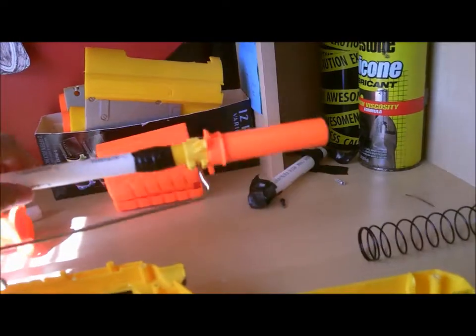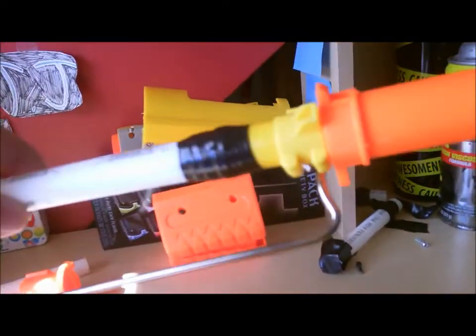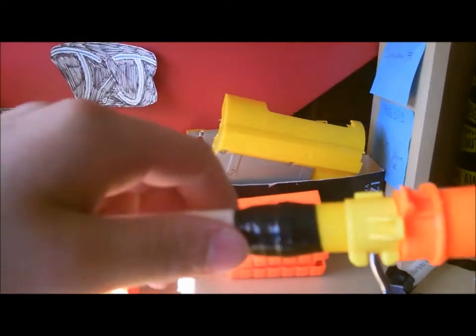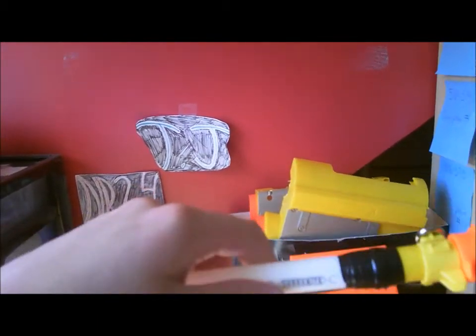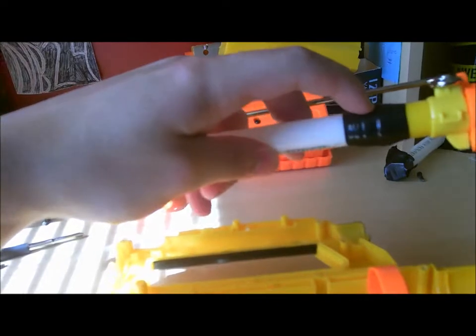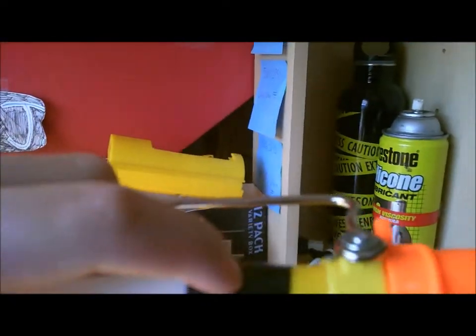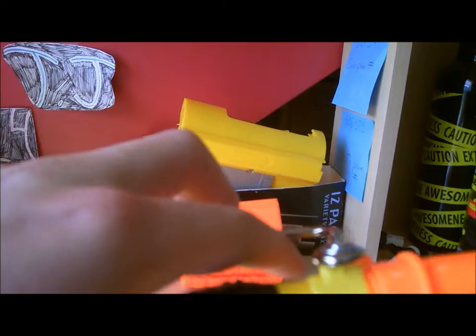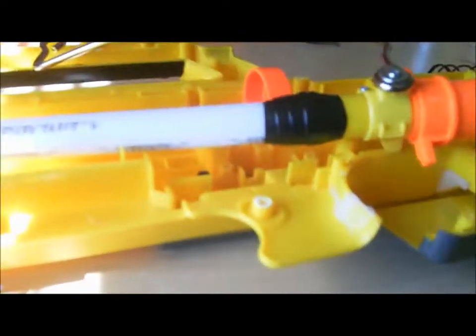and I'm going to show you how to do the mod. Okay, so once you have all the internals out, you want to get the main tube here, and you want to hold it up to the light so you can see inside it, and you can see where the air restrictors and stuff are for it. And they should be way back here is where you want to cut it. I have a nice pair of pipe cutters, but I guess you could cut it with a Dremel or anything like that. You just want a clean cut, and then you want to take a piece of PVC